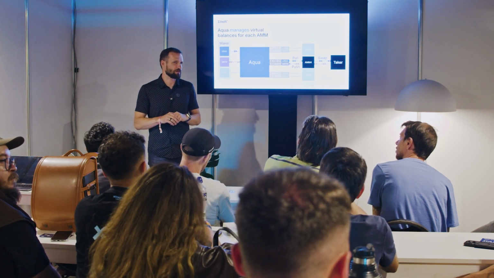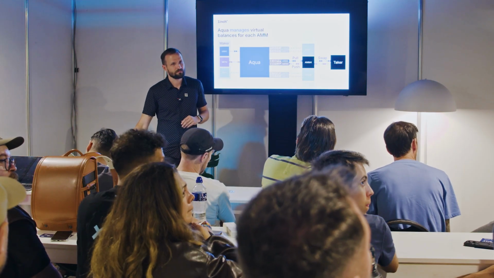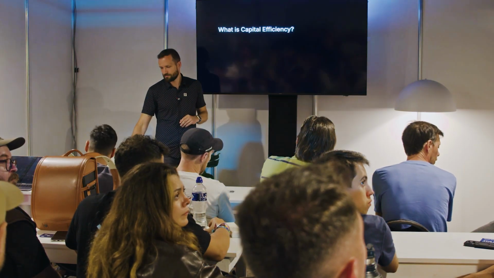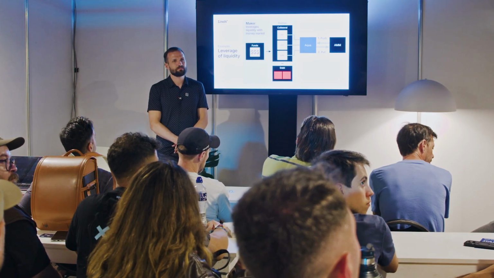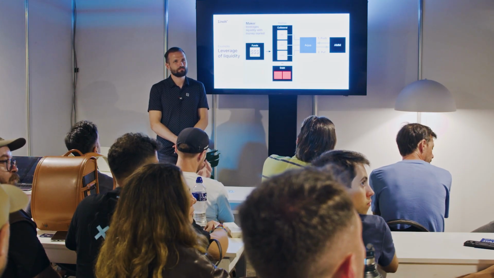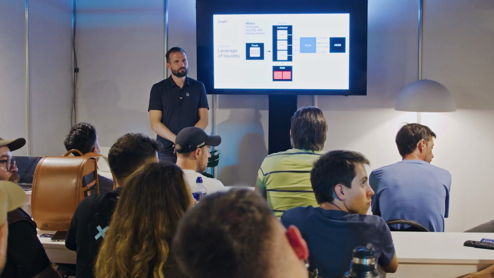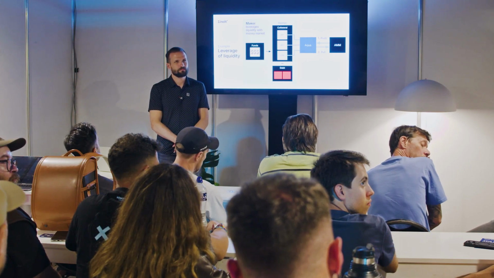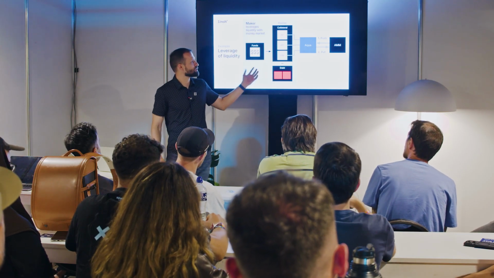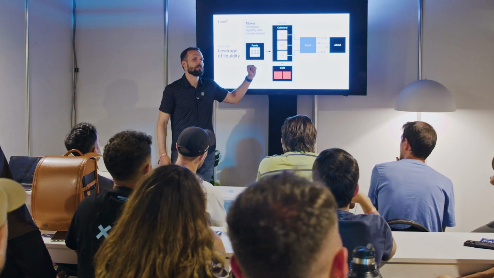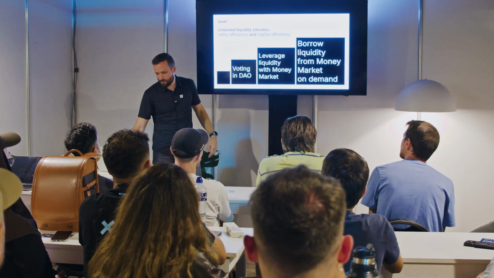Euler is a money market, yeah? They allow you to use your LP, I mean, liquidity from the market for your LP, and then you swap with the borrowed liquidity and then you pay. Is it borrowing on demand or is it just leveraging liquidity? It's borrowing on demand. Yeah, I have it on this slide.